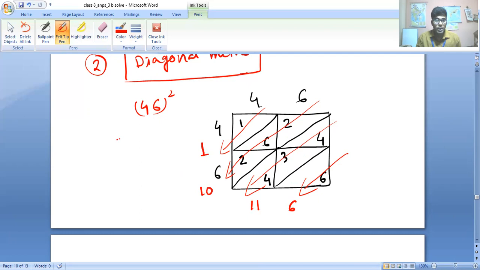So in a similar way, how will you write? The first digit we will write, the second digit we will carry. So first digit 6 is written. Right? And here is 1, so this 1 we will write here. So 10 plus 1 becomes 11. Again 1 we will carry here, and this 1 we will take here. 1 plus 1 becomes 2. So 1 1 6.